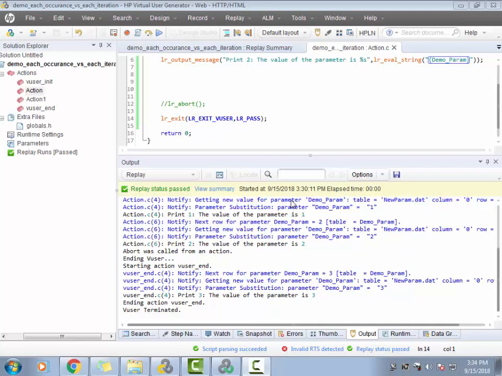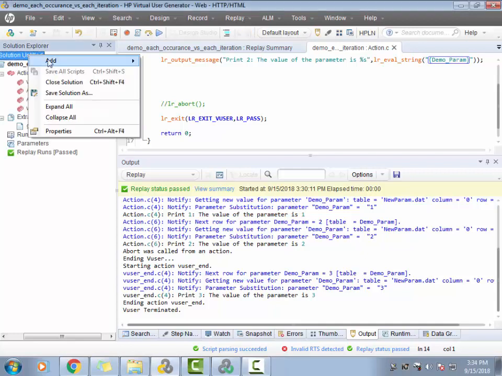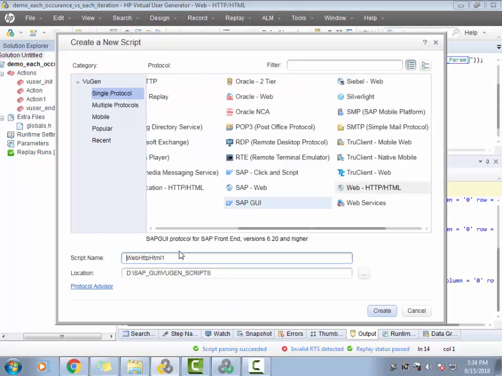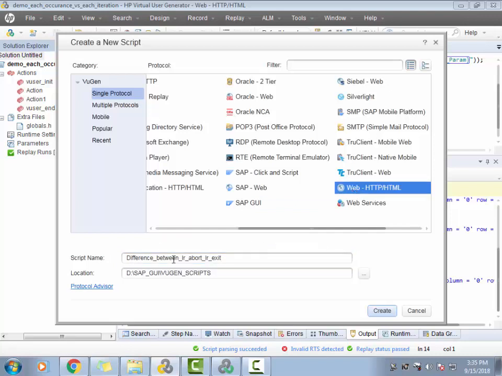So there's one more question. It seems like a very important interview question: the difference between LR abort and LR exit. This seems to be again a popular interview question, so let me create a script for this difference between